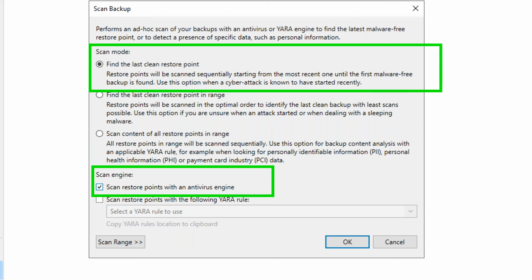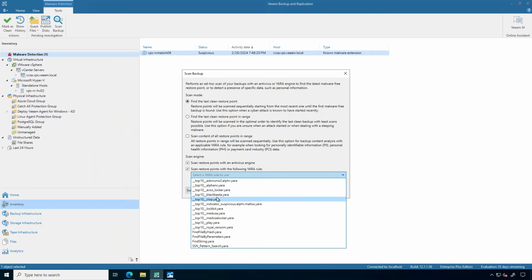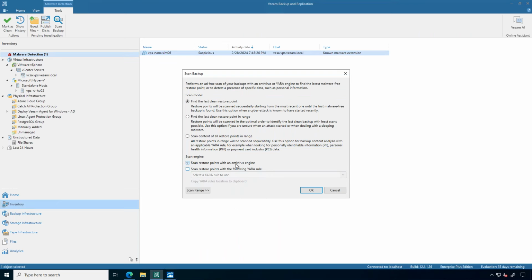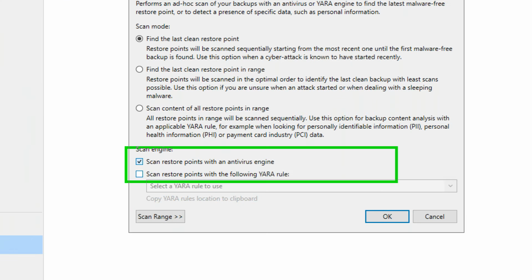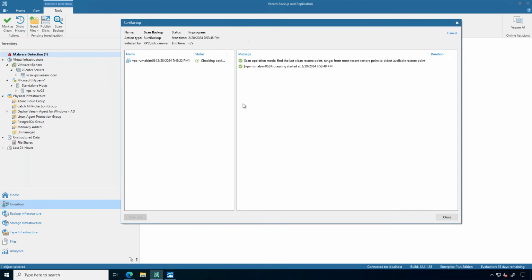And then I can do one of 2 ways, or both. I can scan the restore points with an antivirus engine, or I can use the Yara rule. If I have, for example, my cybersecurity team has told me that we have detected some of these ransomwares in our environment, let's look for them, okay? But I'm going to just use the built-in anti-malware scanning right here. So watch what happens here. I'm going to go ahead and start this, but while this happens, I want to show you something that's really